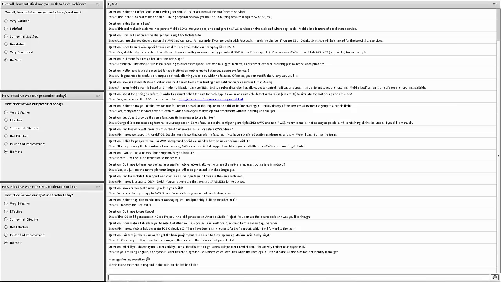Christian's asking how can you test and verify before you build, and the device farm is a good tool for that. Certainly, the application that you download to your local computer can be tested on any local device that you want to build on, whether in the simulator or by connecting a device and sideloading the application to that device, or again, device farm, which allows you to profile and test on a significant number of different devices and quantity of devices at the same time.